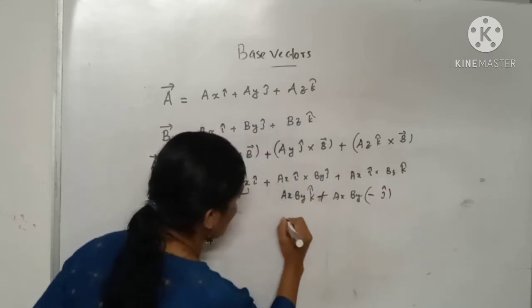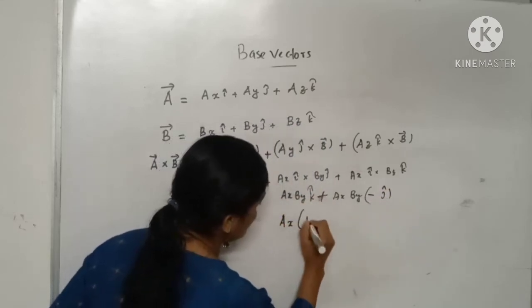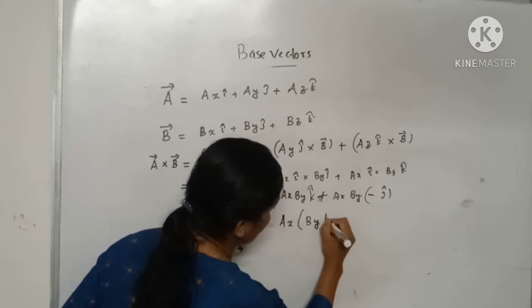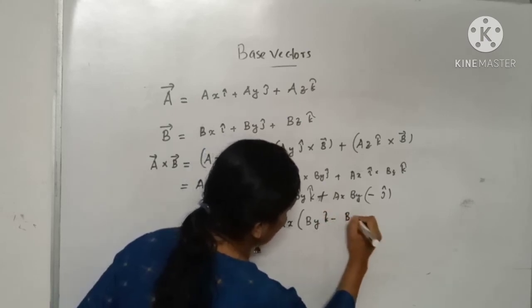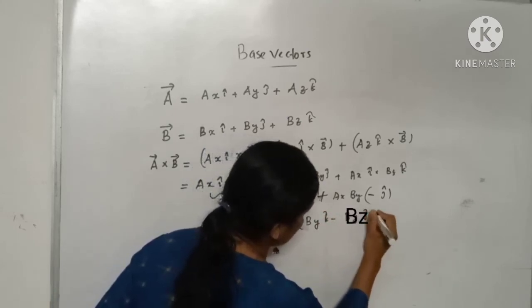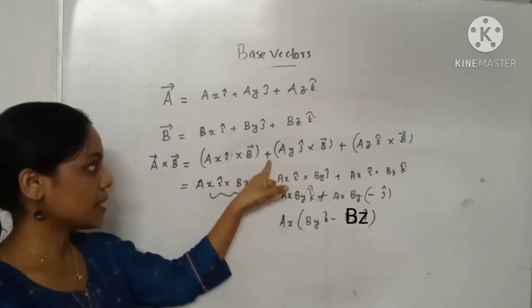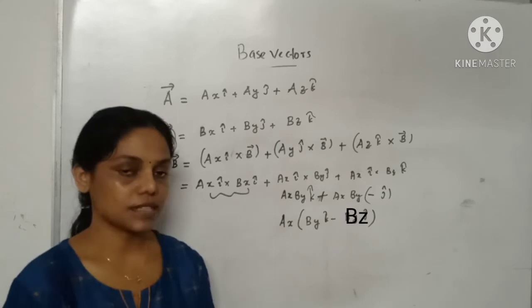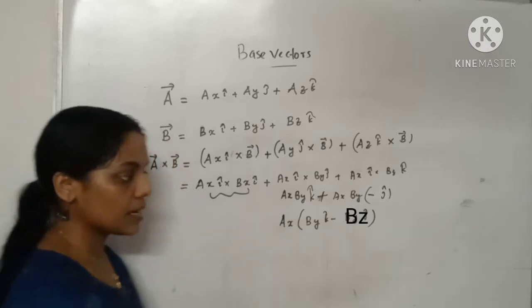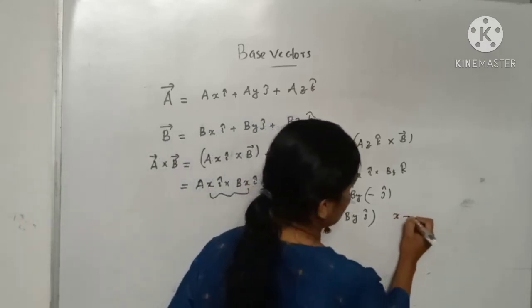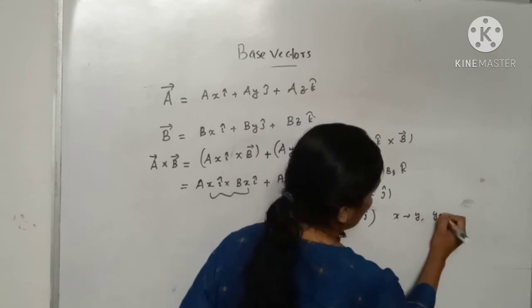So this equation will become AX into BY k cap minus BZ j cap. അപ്പോൾ ഫസ്റ്റ് ഒരു ടേം കിട്ടിയിട്ടുണ്ട്. ഇനി സെക്കൻഡ് ടേം തേർഡ് ടേം കണ്ടുപിടിക്കാനായിട്ട് നമുക്ക് സൈക്ലിക്കായിട്ട് പെർമ്യൂട്ട് ചെയ്താൽ മതി. സൈക്ലിക്കായിട്ട് പെർമ്യൂട്ട് ചെയ്യുക എന്ന് പറയുമ്പോൾ x goes to y